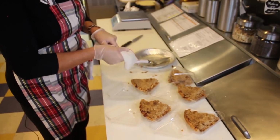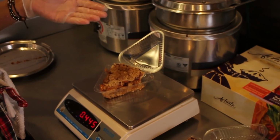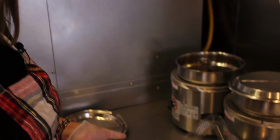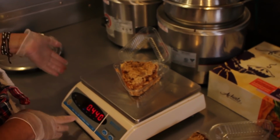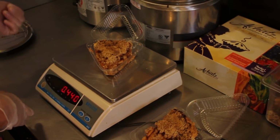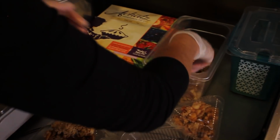Okay, now I'm going to wipe my fingers off. I'm going to show you how we top a Dutch apple slice and create a caramel nut apple slice. So we've just sliced a Dutch apple, and I'm probably going to do 3 or 4 of the slices. A slice of Dutch apple individually by itself should weigh about 0.44 to 0.46, and this is in the right range. And now we've got to put on our nuts, and that is